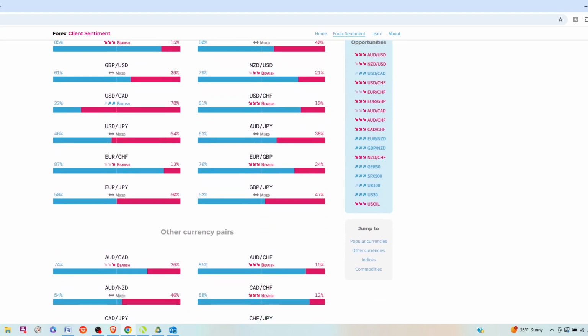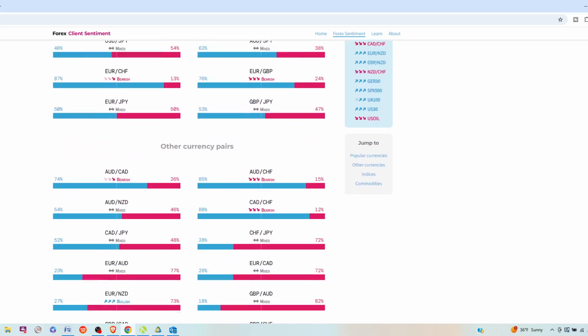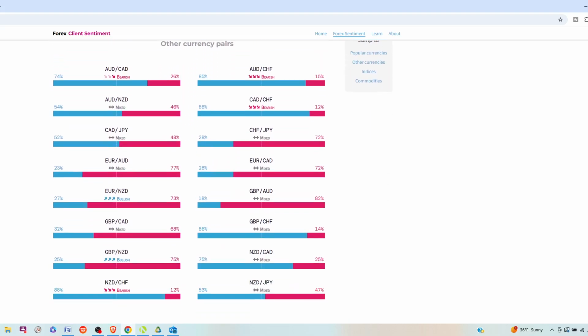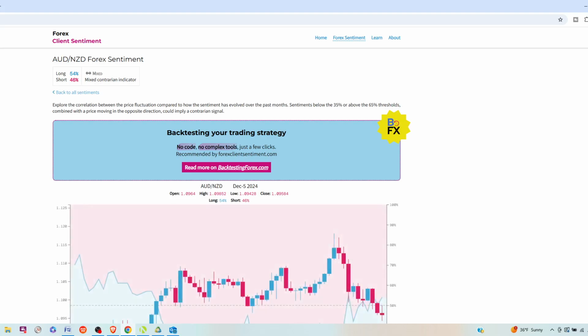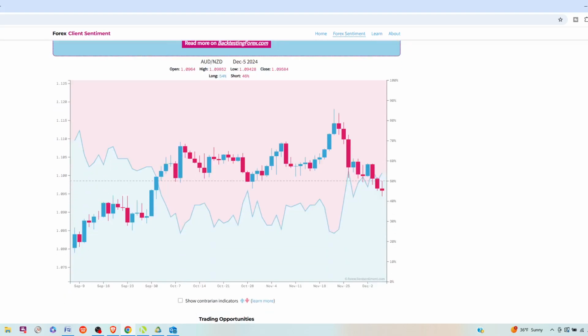And then again, to revisit another one that's basically on my watch list is Aussie Kiwi. You can see right now it's at 54.46, so it's pretty well balanced right now. But if we go and look at the chart, this is one I'll definitely keep an eye on, because you can see what's happening here. Price is choppy, but pretty well balanced. If we just look at recent price action, price is now broken down from the red area into the blue area, so it's starting to trend down, and the blue area is starting to grow.